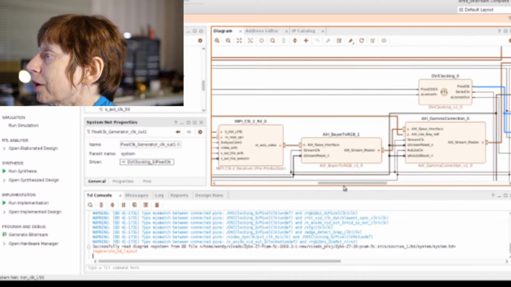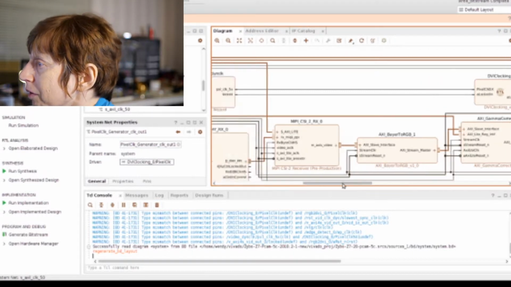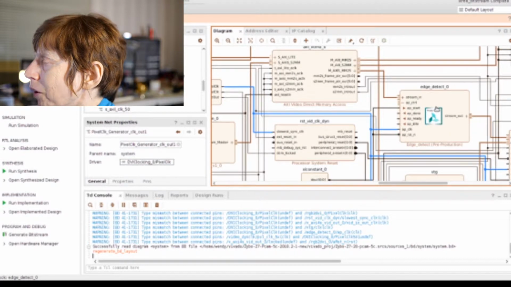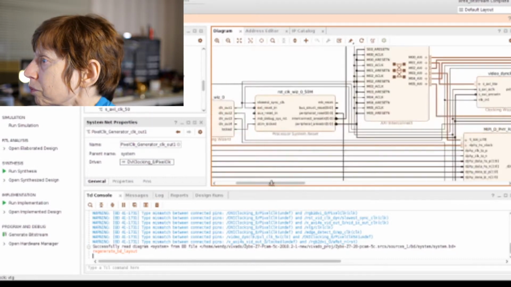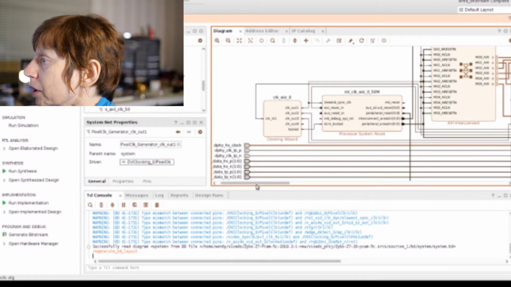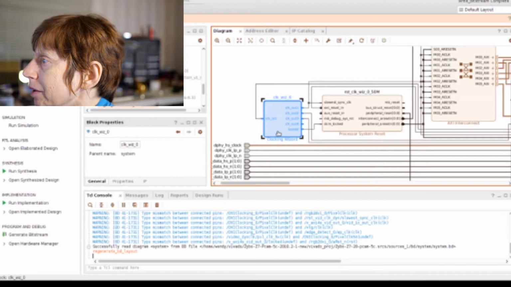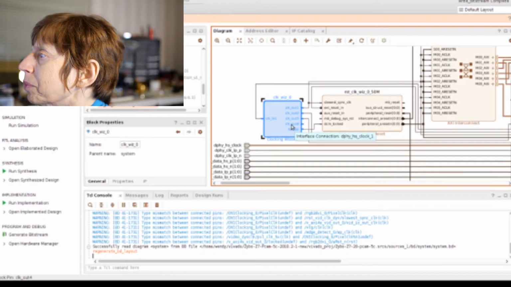The problem was, this thing was getting 150 megahertz, and this thing wanted 100. So I said, all right, how do we change that? Well, one thing I did is I added this one I don't really need, but I changed 2,